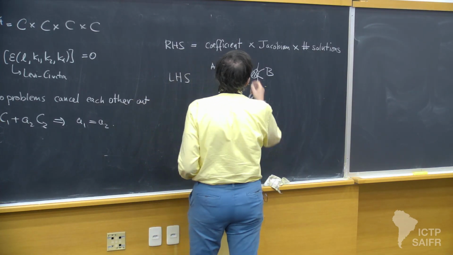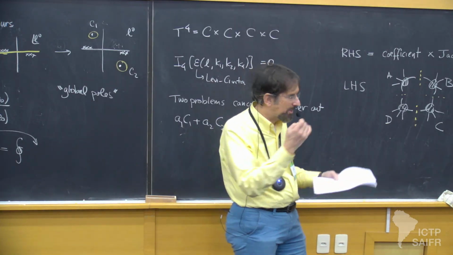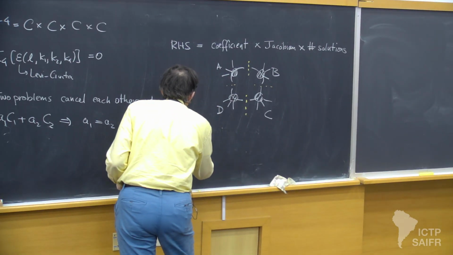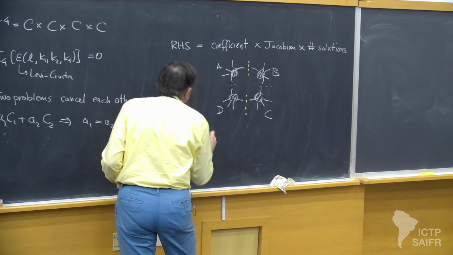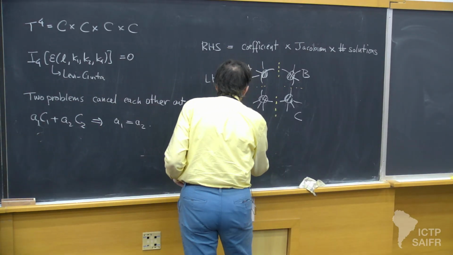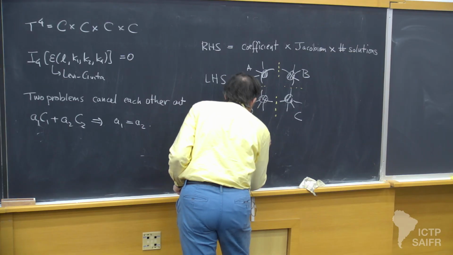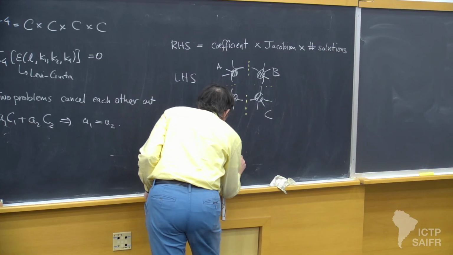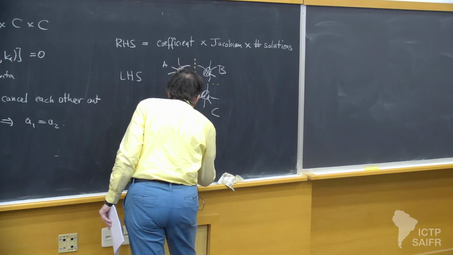And of course, we're going to have to sum over the helicities of each of these contributions. We have to sum over all the different types of particles that are going around the loop. So we're going to sum over both of the solutions. The amplitudes here can be different at the different poles. We're going to sum over the species if we have in addition to gluons, maybe fermions. And even in the case where we just have gluons, we have to sum over the helicities going around the loop. And then we're going to have the product